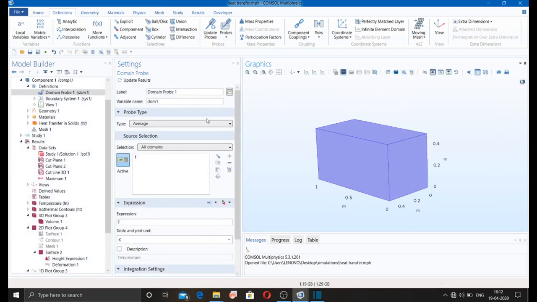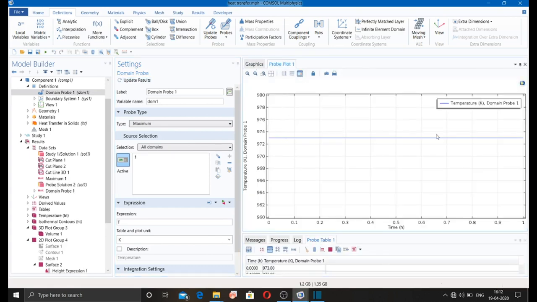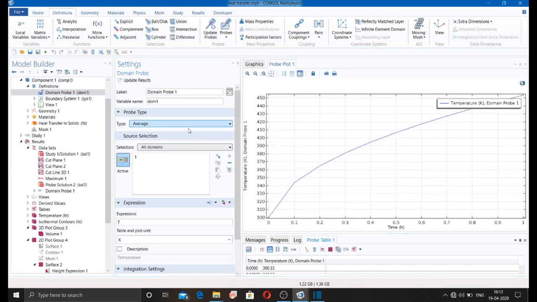In domain probe I am taking the maximum value of temperature and update result. So here you can see the variation of temperature. If I want to take the average, then this is the average temperature variation with respect to time in your program.